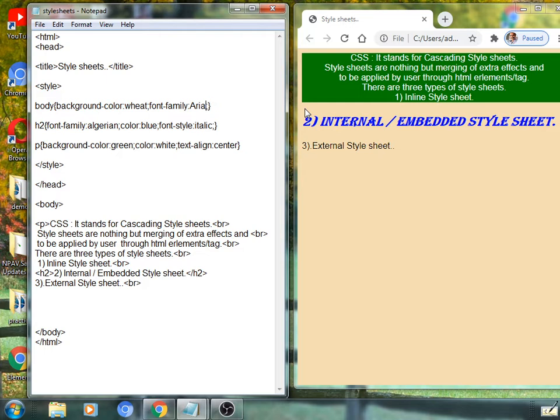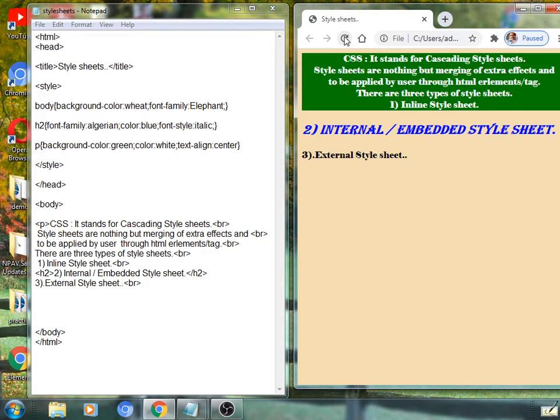If you apply something else again, it is possible. Elephant I have given. Save this here. See here, its size is increasing. Likewise, it's a large size, as per its name, its effect as an elephant.